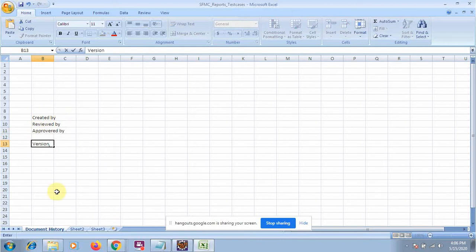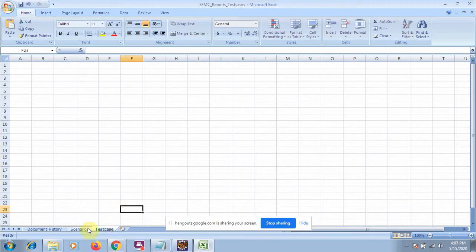The first tab of your Excel sheet will have all these things. The second tab is the important tab; it will have the scenarios. And the third tab will be the test cases, or you can say test steps.